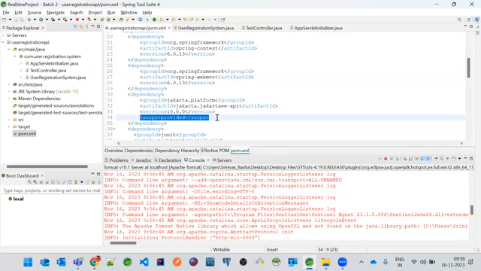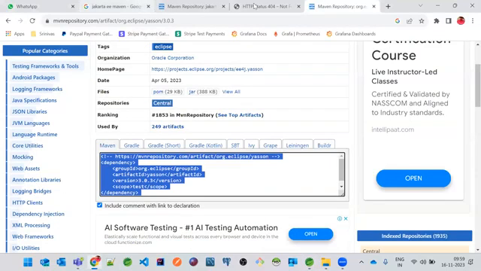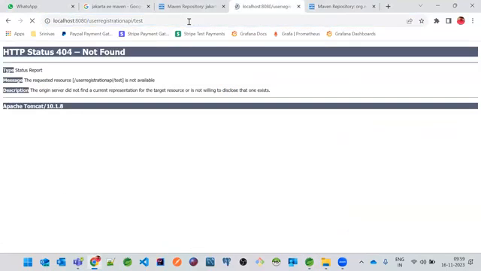Now, what we need to do, if we provide the scope as provided, then only the Jakarta Enterprise Edition API is going to give the respective classes to the Tomcat server so that it can start successfully. And if you just go to this, get it? This will work. Got it? So that's the total idea.